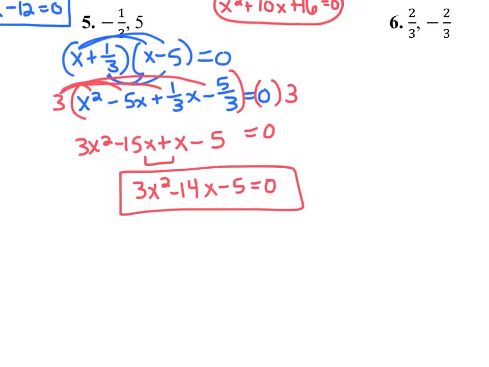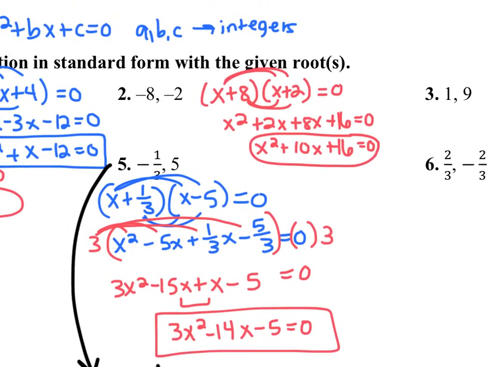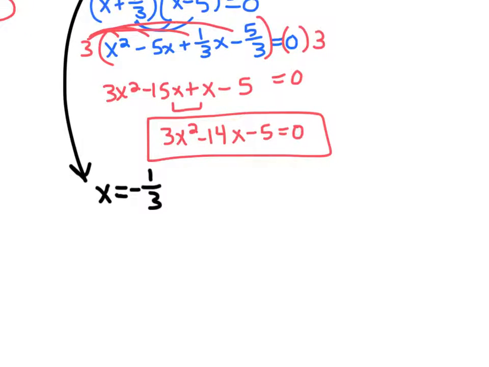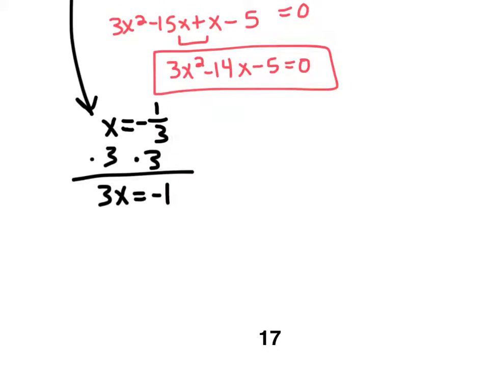Now, if you know how to get the binomial factor without doing fractions here, this is how you do that if you want to. You can either just know, or to figure it out, you do x equals negative 1/3 because that's your answer. And in a normal factoring, your binomial factors don't have fractions in here, so we need to get rid of the fraction. So we're just going to times each side by 3 to get 3x equals negative 1, because negative 1/3 times 3 is negative 1. And now we're going to